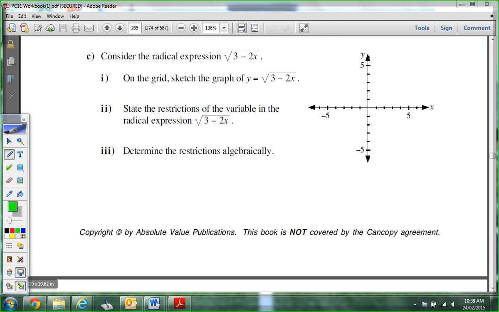So can I do 0 this time? If I plug in 0 here, what's 2 times 0? 0. What's 3 minus 0? Is that allowed? Yeah, I could do that, couldn't I? Root 3? So it's 0 to root 3, which is about 1.6, so put it right there. Okay, or no? Yeah, that's right, square root 3. The graph's a little bit off here. Oh, I see, it's going by half. Okay, so then,